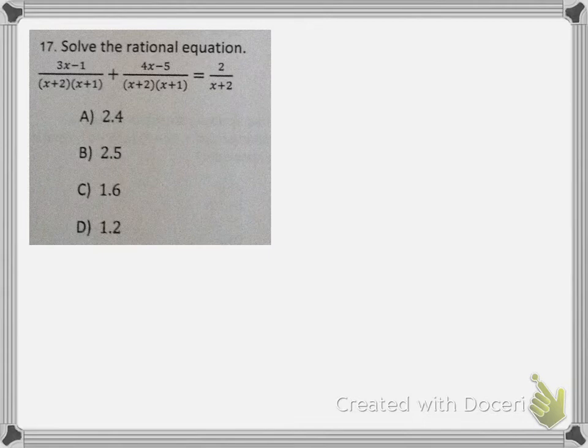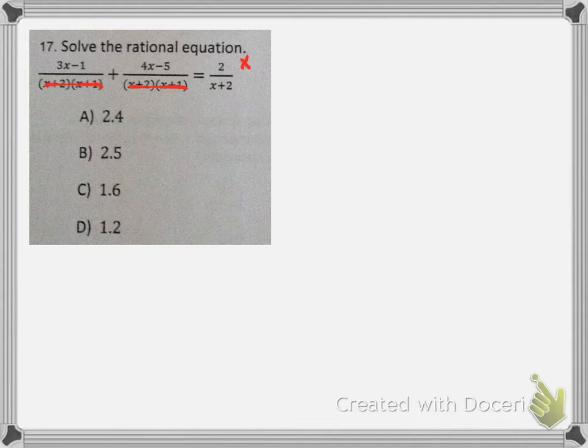Alright, so for this problem right here, solving a rational equation, what you should be able to do is try to get rid of any factor that's on the bottom of your rationals. That would consist of x plus 2, you should notice it's on all of them, and the x plus 1 that's here and here. So you're going to multiply by x plus 2 and x plus 1 on all three fractions. That's going to cancel these out,